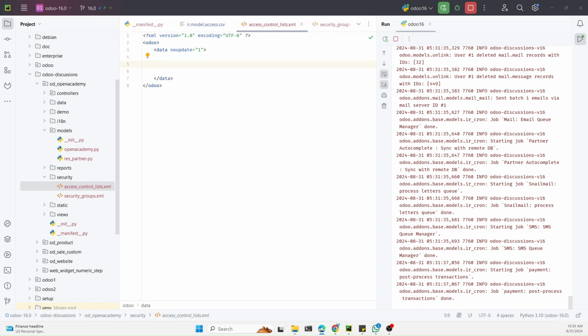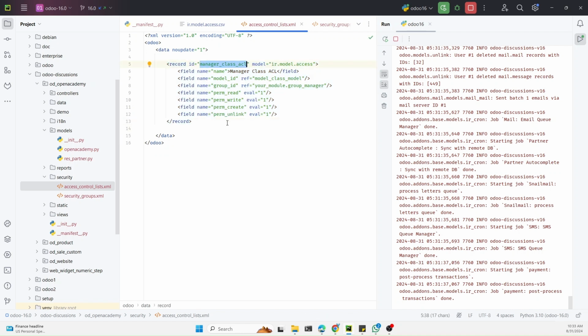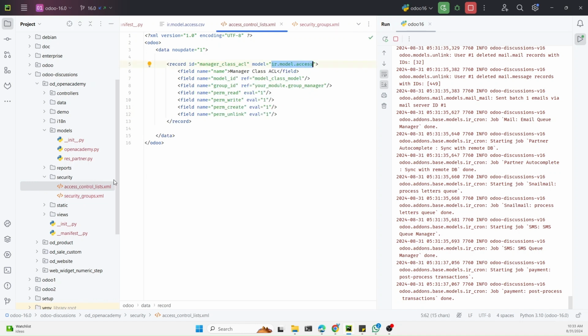So let me just copy and paste it first of all for the managers. So here you need to understand that, as we explained that security groups are the record of ir.groups model, the same way access control list is the record of ir.model.access. So here we need to first provide the ID which should be unique. So we can say manager or we can say Open Academy manager,